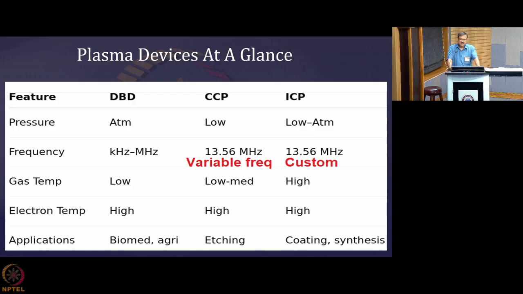So, pure synthesis is possible there, and biomedical application always requires a low gas temperature, so that is why the DBD is used over there. And CCP, when you are going for etching, you are not really much bothered about very low temperature, a little higher temperature also will work, and rather it will work better. So this CCP is good for etching. But electron temperature, because they are low mass, I have told it so many times, they are highly mobile and their temperature easily goes high.